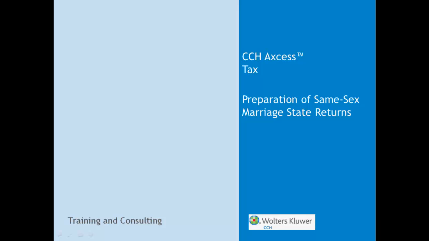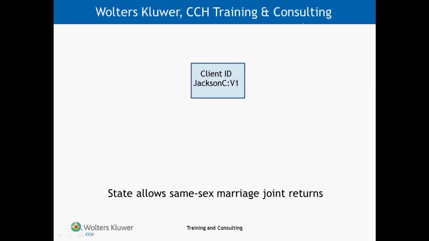In this video, I'm going to show you how to use your CCH Axcess tax application to prepare state returns for same-sex marriage couples when the state for which there is a filing requirement doesn't allow same-sex marriage couples to file a joint return. You don't have to take any special steps if you're preparing a married filing joint status